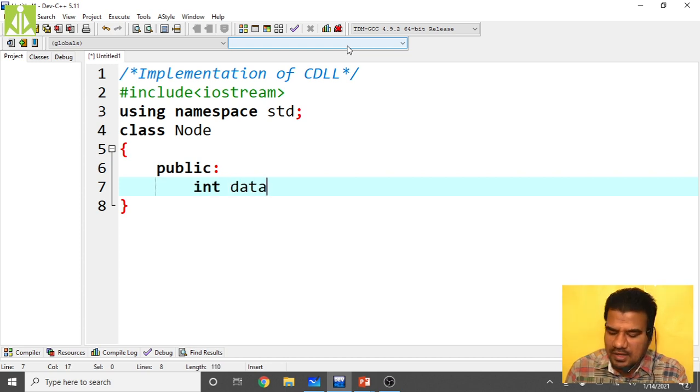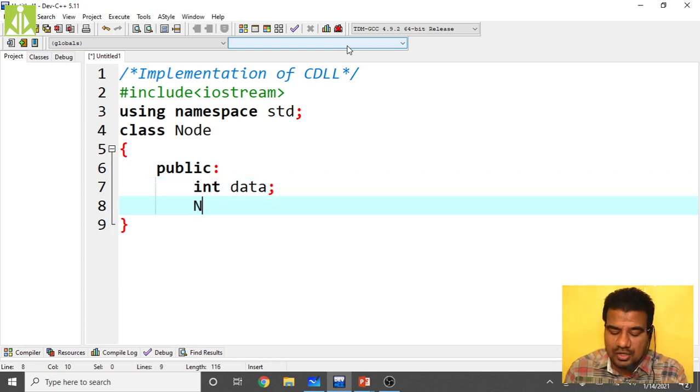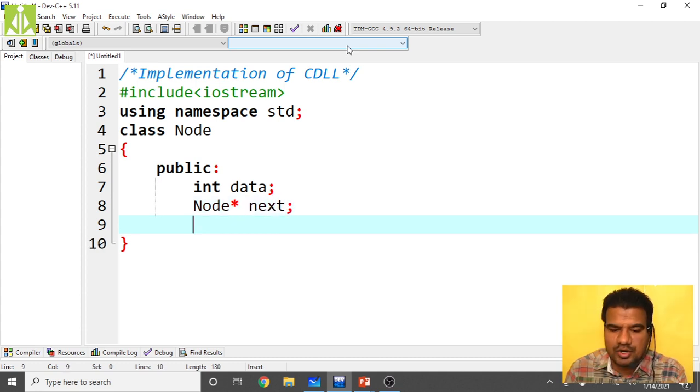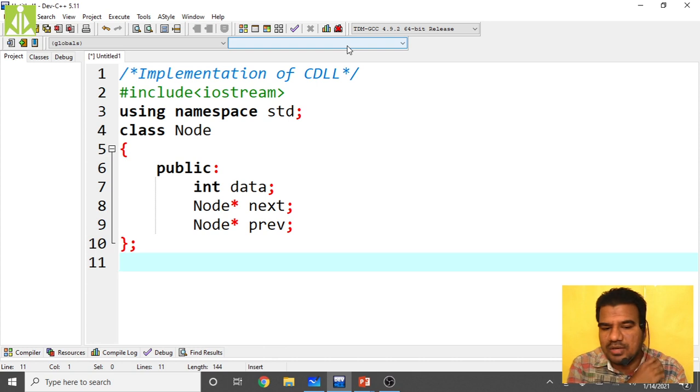int data, and Node star next, a pointer to point to the next node in your doubly linked list, and Node star prev, the previous pointer to point to the previous node. Then create the head node and make it null, because so far we have not added anything to our circular doubly linked list.